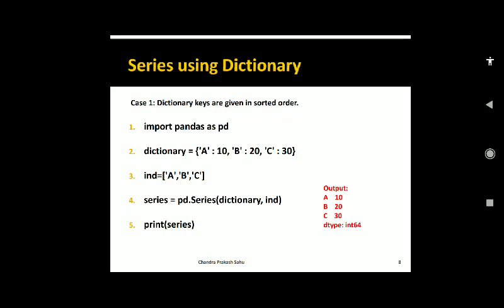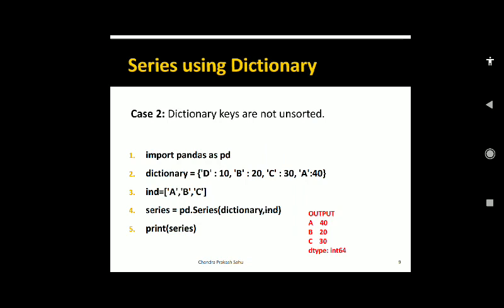It will be clearer when we see that the dictionary that has been created is not written in order. Here in the example a dictionary of 4 elements has been created, and you can see the keys are D, B, C, A that are not written in order. It would be in order if it was A, B, C, D, but it is written D, B, C, A, so it is not in order. The third line is the same. In the fourth line, again, the series constructor function has been passed the dictionary and the list at line number 3.